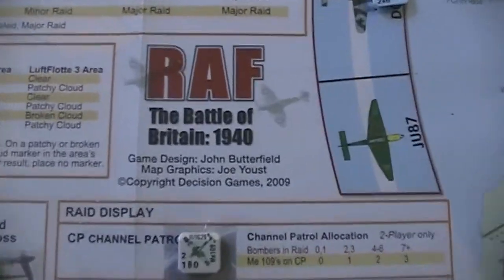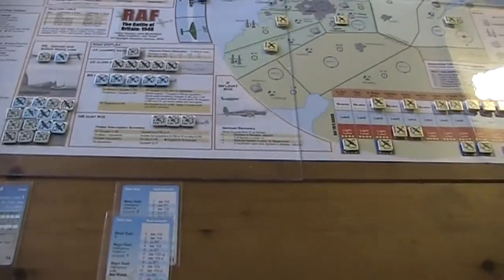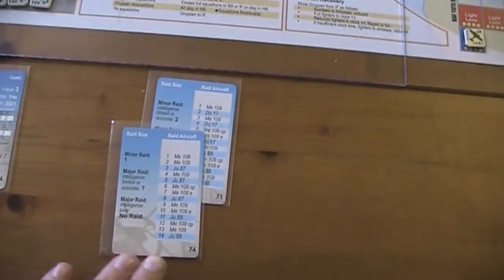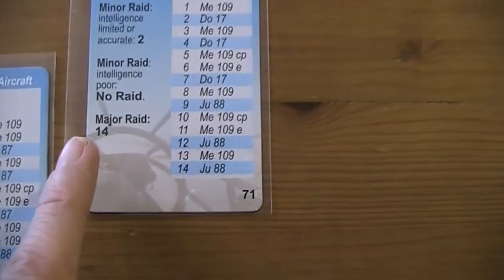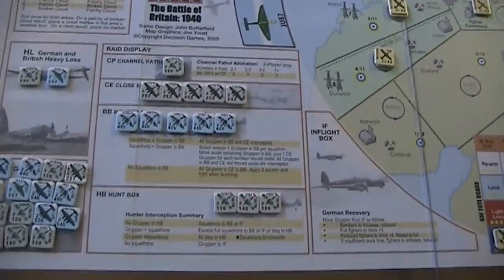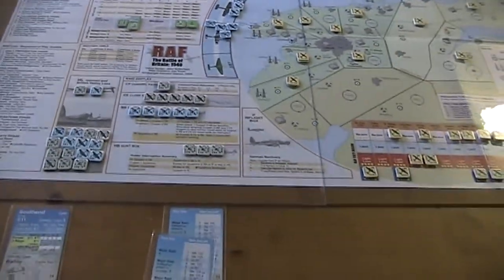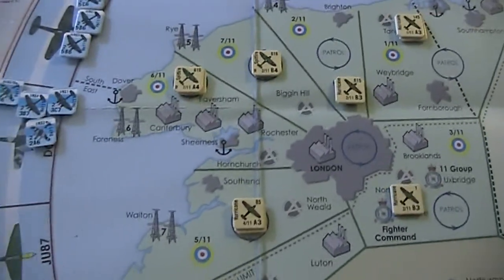And I'm still playing RAF Battle of Britain. It's still August 14, and it's 2 o'clock, and this time we have a major raid here. 14 Gruppen. This is just amazing, and you can see here, this is our raid. We had accurate intelligence, so we can exactly see what we have here. Sadly, we only have sufficient warning time, so that means there is this